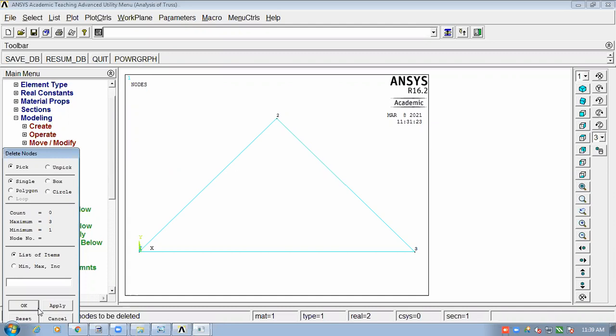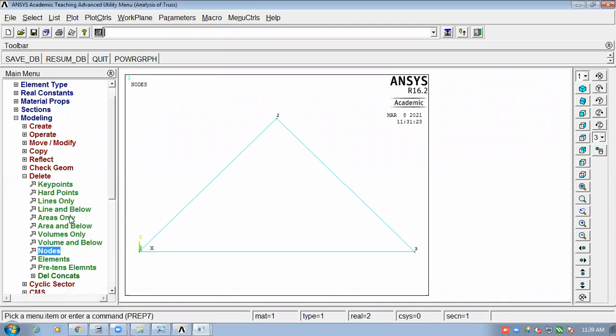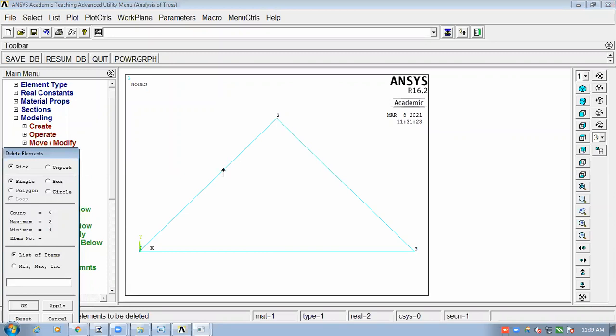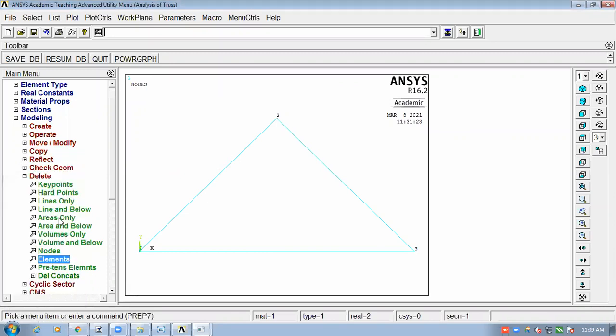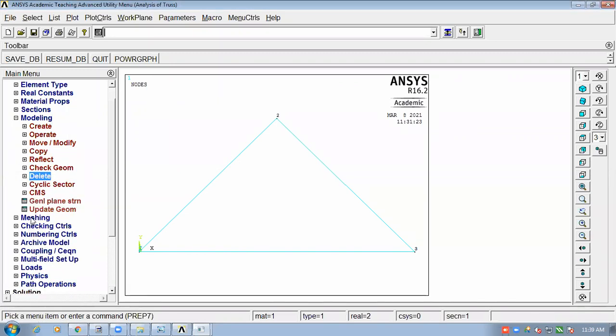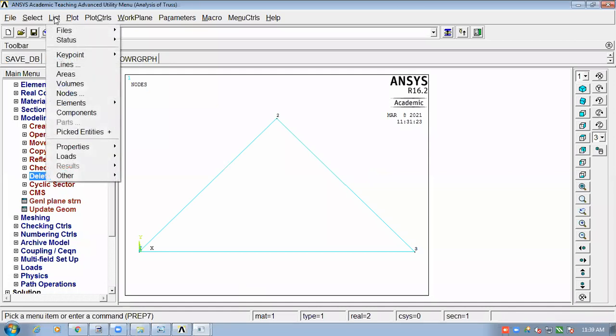Because on the nodes you have elements. So first delete the elements, and after that delete the nodes. Similarly, you can pick the elements and delete them. So this is the option. Understood?